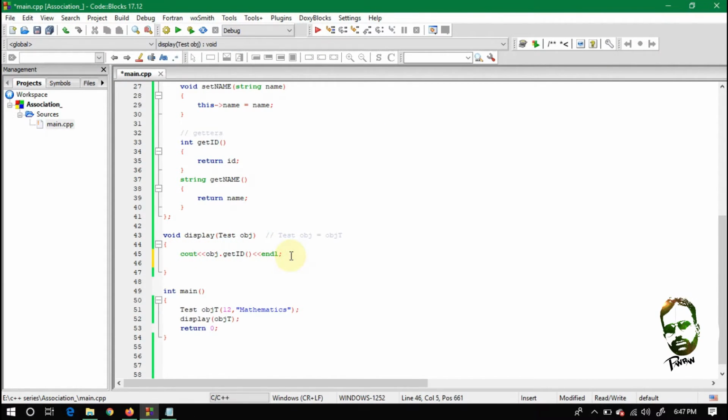Okay, now let's suppose I change the value with obj dot set id, and I am writing here 25 into this obj. So this 25 will not go into the object's id because this call was a call by value.